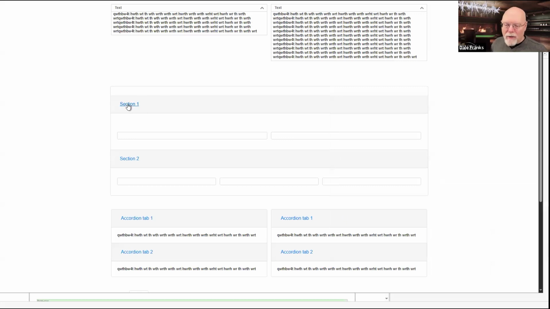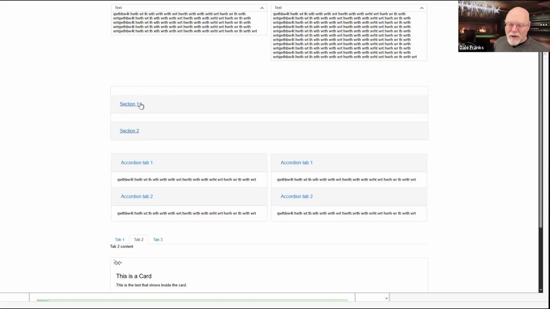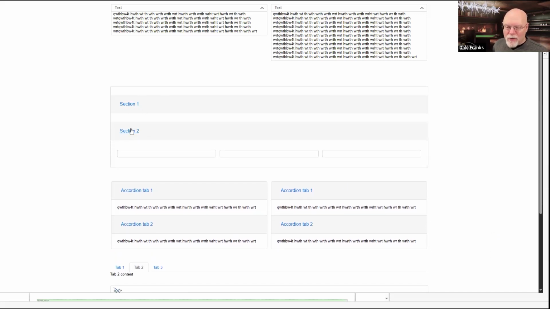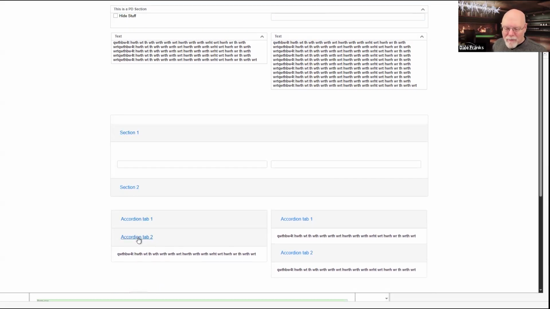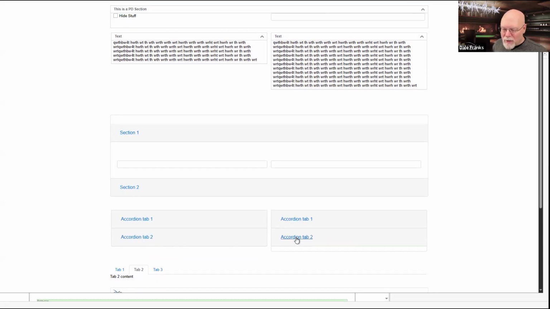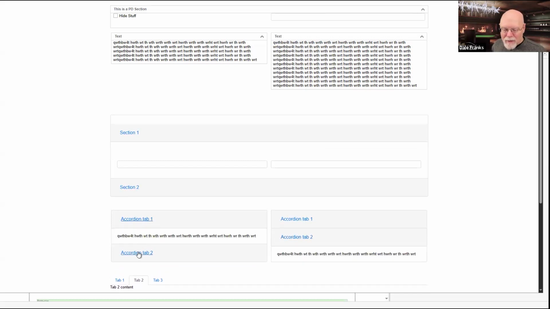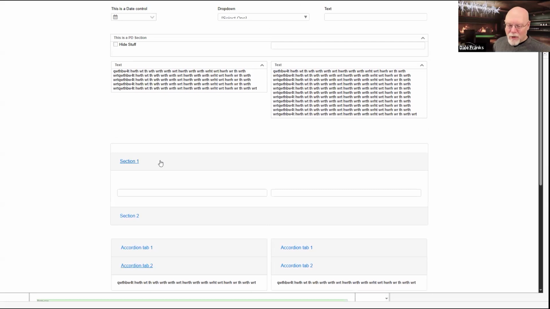We'll have to go back. So I've got section 1 and section 2, and that's how these controls work. I kind of like the animation that's on them. By the way, these are also accordions, but they're down in another section, but we'll look at those a little bit later.